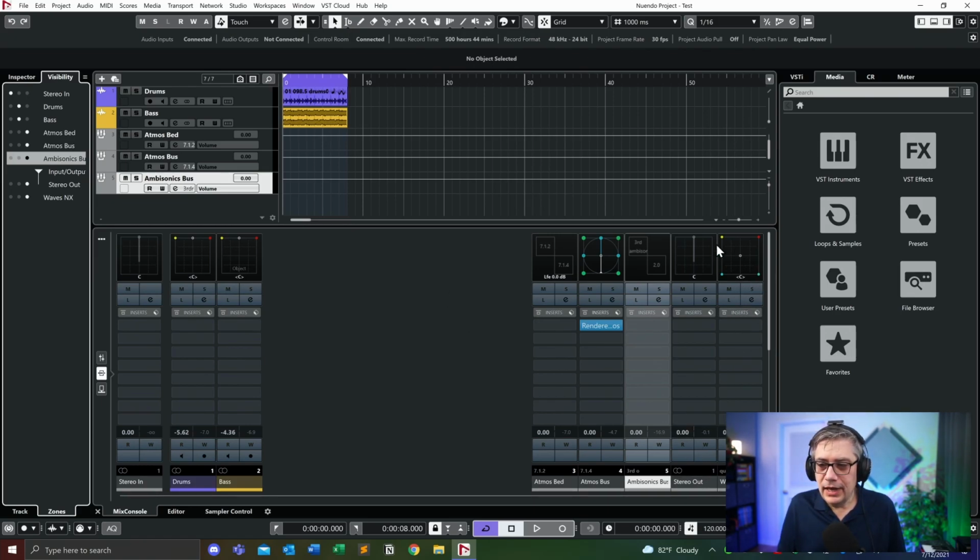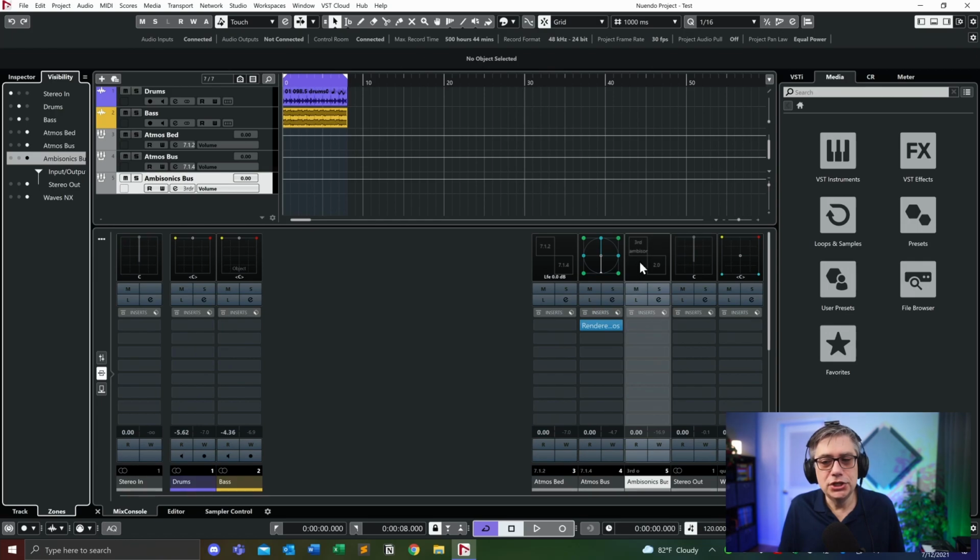And then if I'm now playing, I'm actually not hearing anything. Why am I not hearing anything? The reason is that the MB decoder that Nuendo has cannot decode an ambisonic signal into a quadraphonic signal. It currently thinks that this is a quadraphonic bus and/or a quadraphonic output, and the MB decoder can't convert. So if we want to move that signal from the Ambisonics bus into the quadraphonic output,